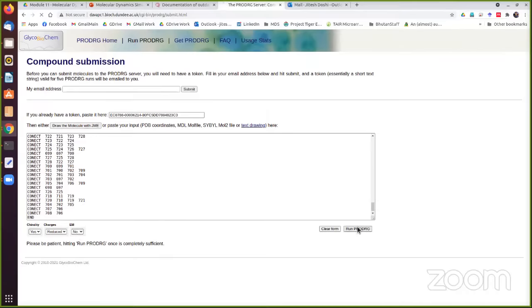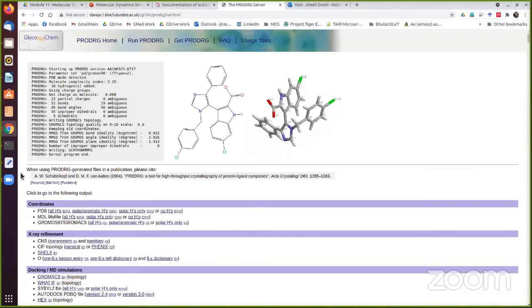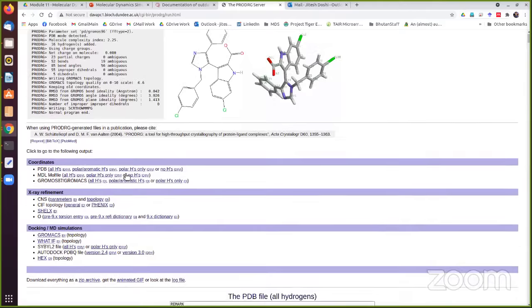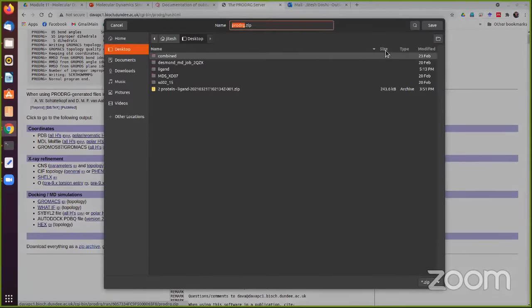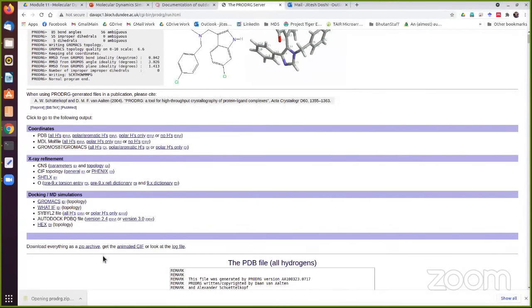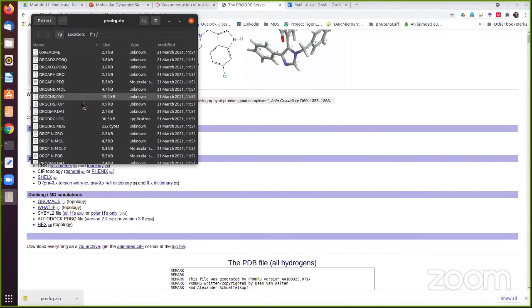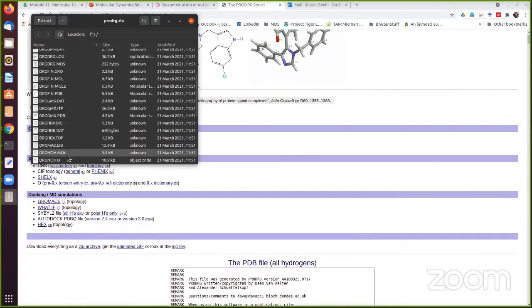And then you can simply run the software. It will take your molecule, check it, make sure that everything is good, and the outputs will be written out, which you can download. So you can download all of these files as a zip archive, and these will contain a lot of different files. I'll show you what it contains. So it contains the force field parameter files, the ITP files. It contains the GRO file of our structure, the PDB file, the topology file, and many other things